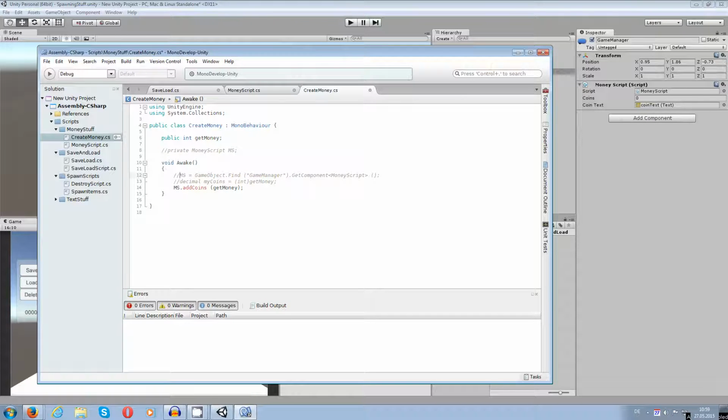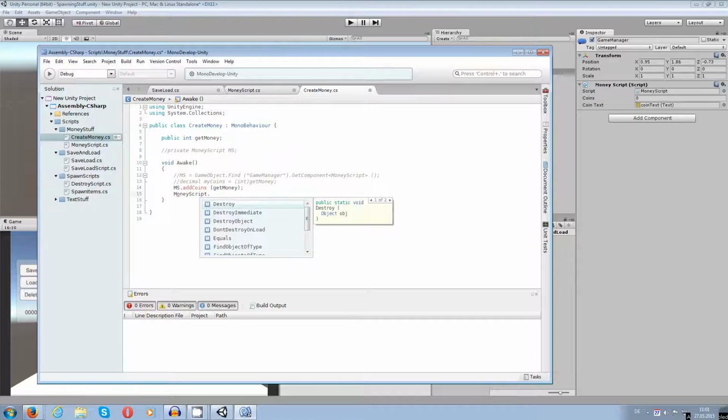So now I don't have add coins in the MS because MS does not exist. But what exists is moneyScript in the MonoBehaviour. So to access this one, I need to write in here